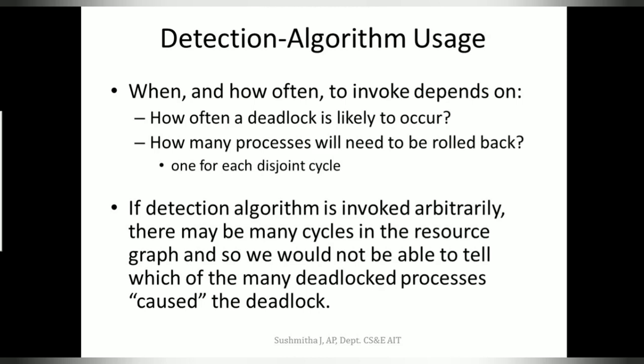What I mean by periodically is, if I schedule a deadlock detection algorithm every 1 hour or every 10 minutes, it automatically runs in the background every 10 minutes. Or the other method is, a process is requesting a resource and the request could not be immediately granted. We run the deadlock detection algorithm to check if there is a deadlock. If there is no deadlock, probably the process can continue waiting for the resources. So this is about your deadlock detection.